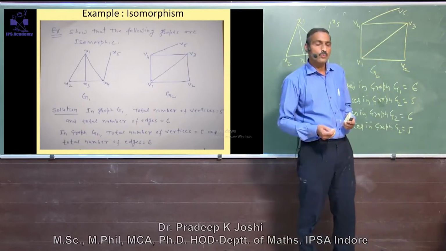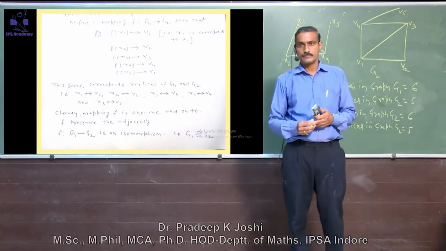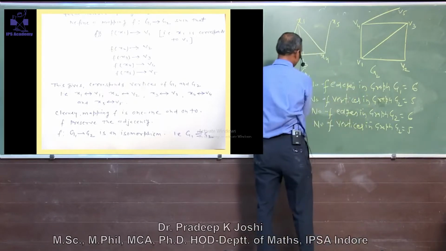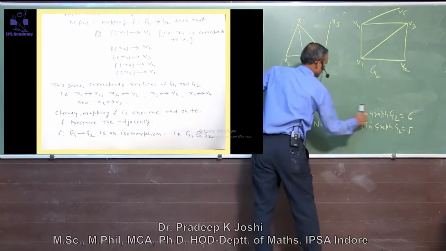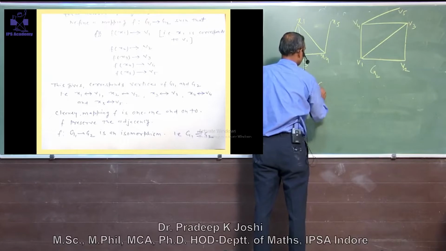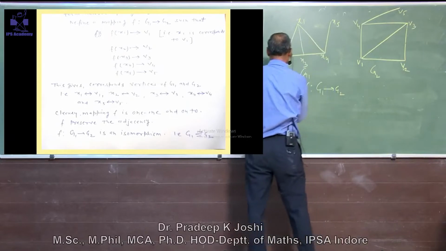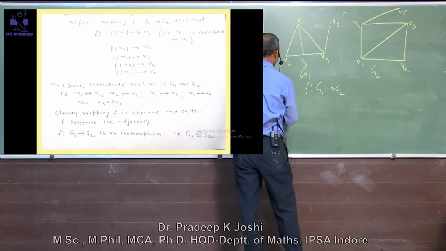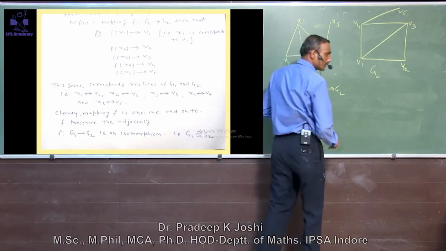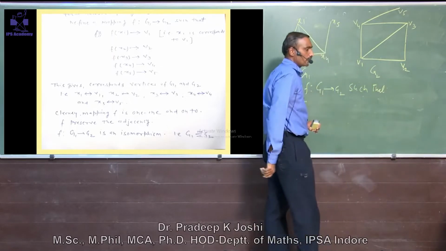Okay. Now we have to find the corresponding vertices of graphs G1 and G2. Now this condition is satisfied, so we define another condition here. For isomorphism from G1 to G2, we define a mapping f from G1 to G2 such that,